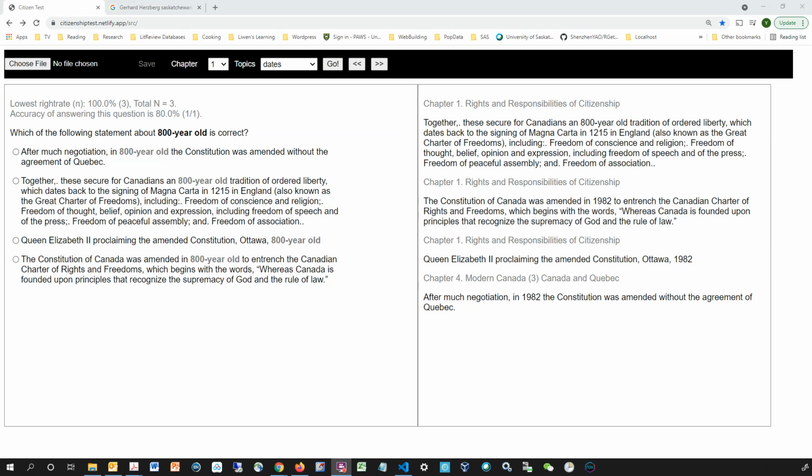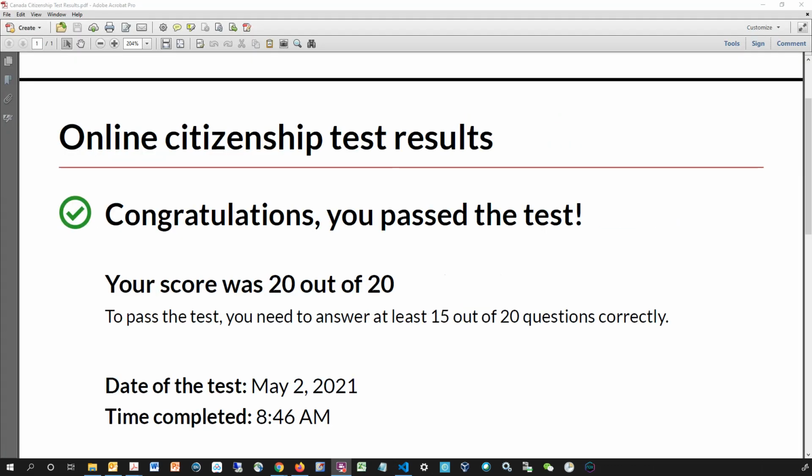Actually I used that to practice by myself, and these are the results. I took the test on May the 2nd of this year, and I got everything right in this